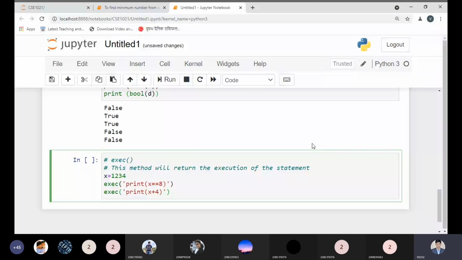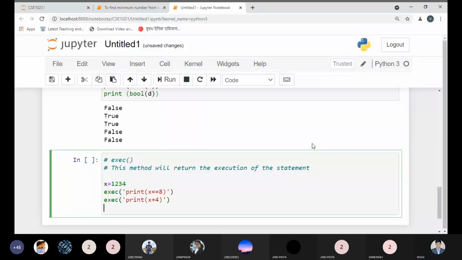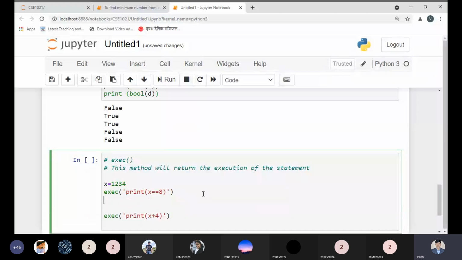Now can anyone tell me what would be the output of these two statements? What is happening over here? x equal to 1, 2, 3, 4, I'm passing over here, and I'm writing the exec print and this one. So what will be returned by the exec method? It will return the execution of the statement.